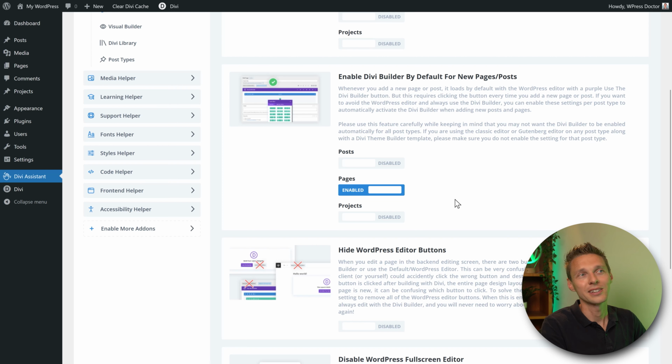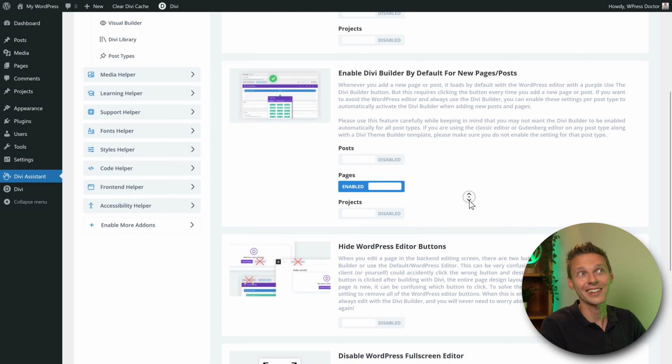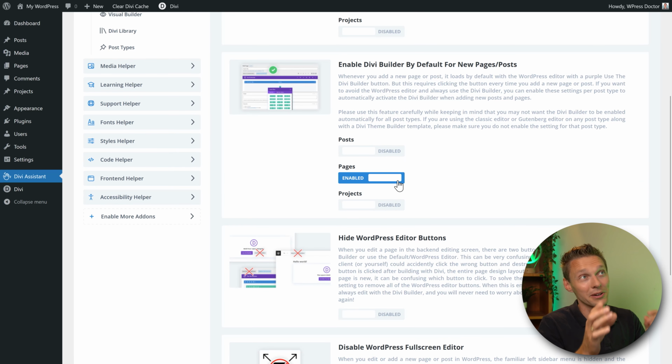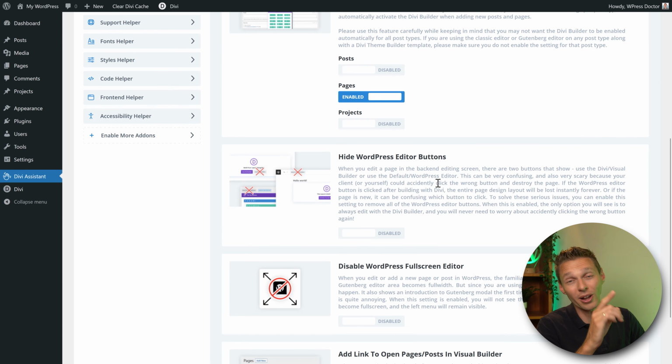This is gonna save me a lot of clicks. And I like saving click time. And remember, once I set this assistant up, I can export these settings and on a new website just import them. Boom, there you go. This plugin only is worth every single dollar.